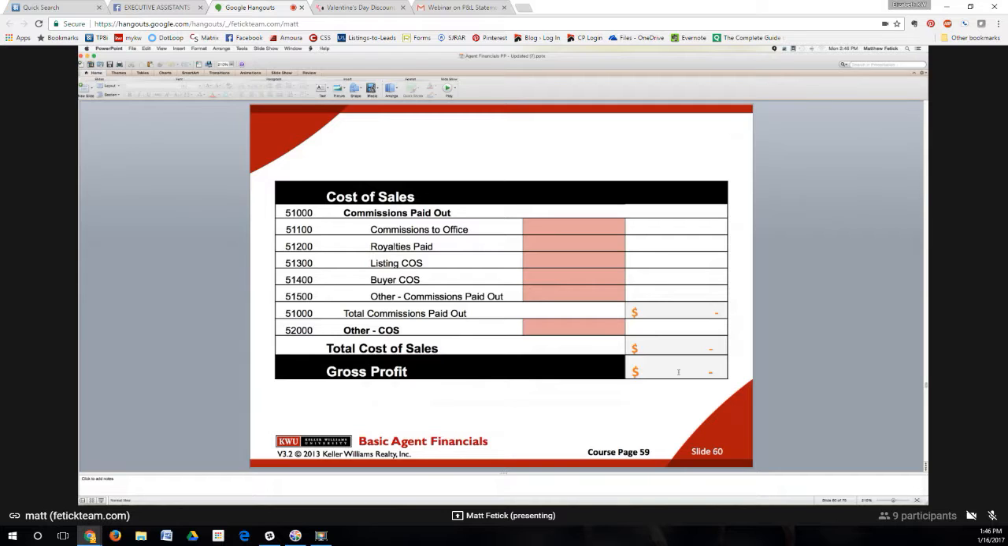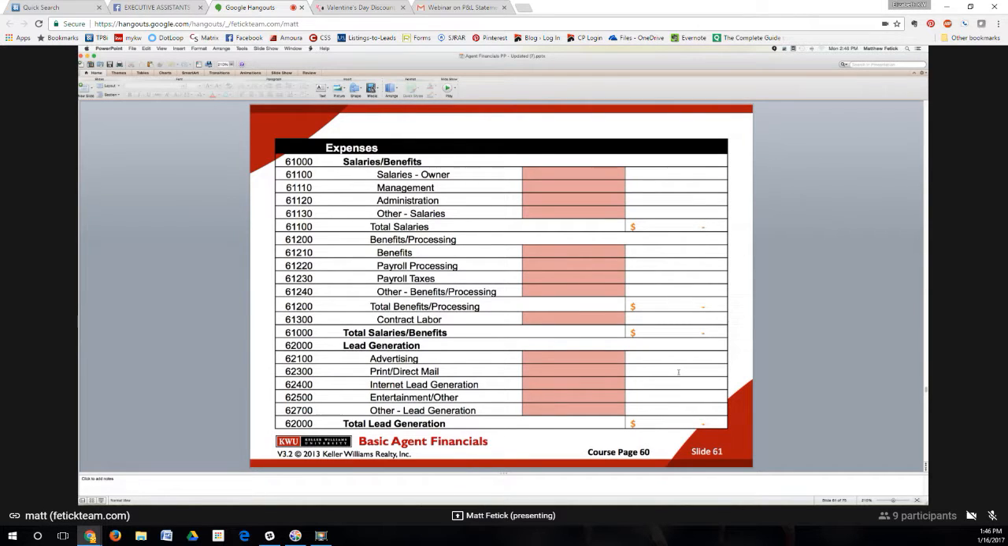It's going to come pretty close because it's going to be all the income less the cost of sale. The gross profit's going to be pretty close to your 1099 from your brokerage on there. But keep in mind that's your gross profit. Then we move on into operating expenses, and then you'll see 61,000 salaries and benefits, and then you have